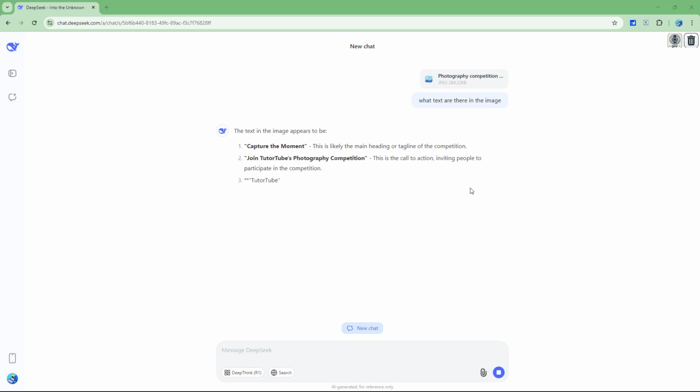And then you can see that this is what you have. You can see that it extracted the text, like "Capture the moment, join YouTube's photography competition" and "YouTube" as the text right there. So that is how you can upload images and extract text from images using